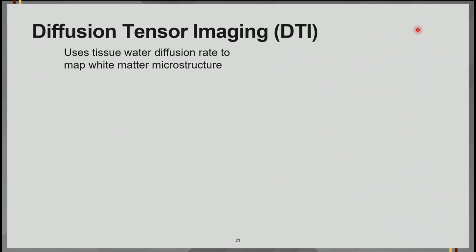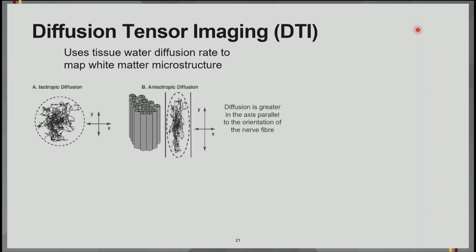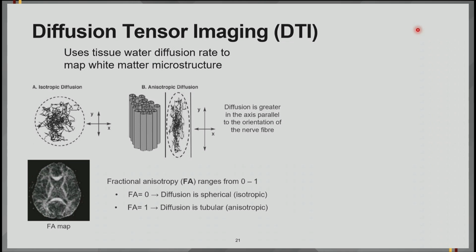The final modality that I'll talk about today: we've looked at structural MRI, which does brain anatomy, and functional MRI, which looks at brain function and activation. Diffusion tensor imaging, or DTI, is a way to look at white matter microstructure. In brief, it's based on the way water flows through myelinated versus demyelinated